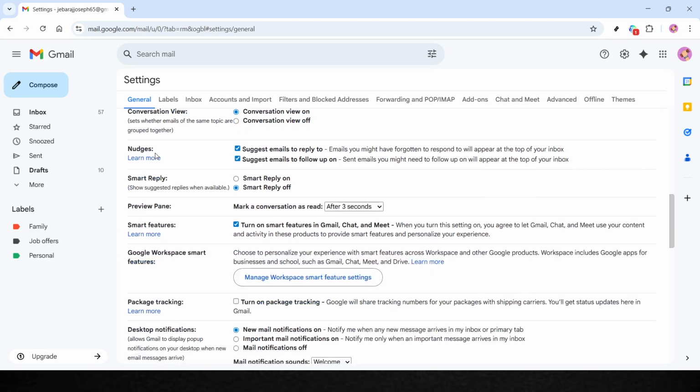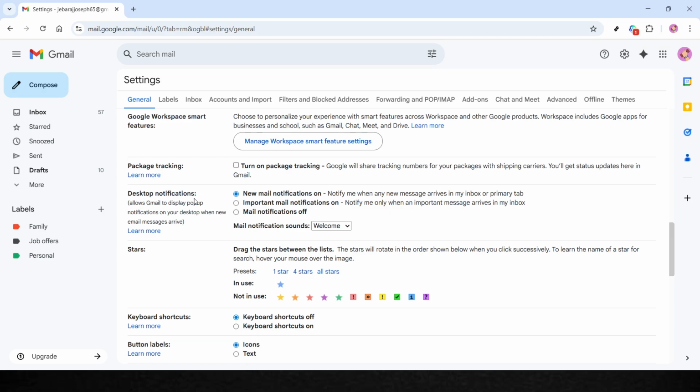Scroll down gently until you find a section labeled Desktop Notifications. In this Desktop Notifications section, you'll find a few different options. The choice you need to focus on is Mail Notifications Off. Go ahead and select this option, and what this does is effectively turn off any new email alerts popping up